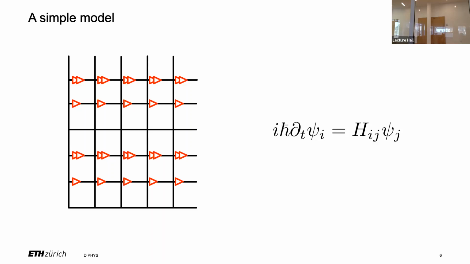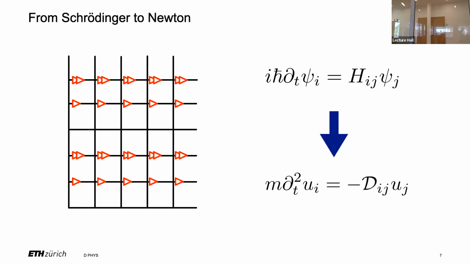Now we get closer to where my world actually is. We have a psi_i at some site that changes as a function of time given by the Hamiltonian, which is just the matrix in the space of lattice sites on my square lattice. This simple model carries the same physics as the quantum Hall effect I showed before, so now I can go to classical mechanics. If all of this physics of having bulk states and surface states with spin or momentum locking is there, then it must be somewhere in this H_ij. It has to be somewhere in this Hamiltonian.